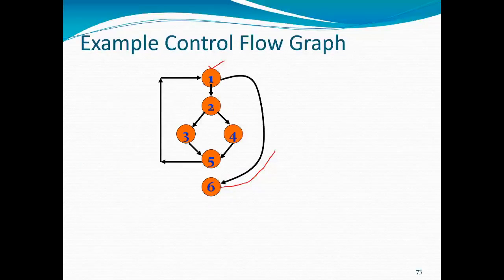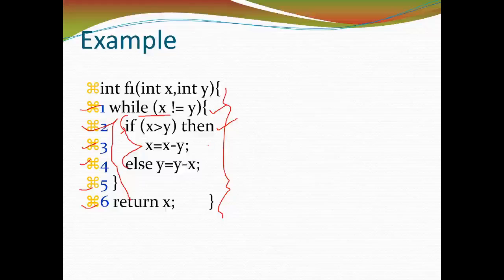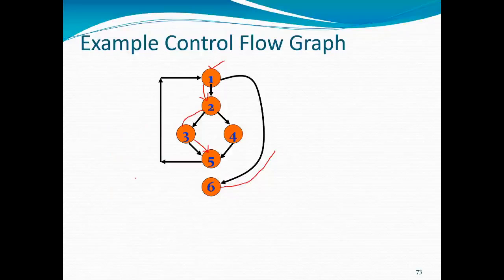So if the while condition is true, it enters into the conditional statement, and if the conditional statement is true, it is going to execute statement 3, and termination we need to show. You can see here the termination we have shown, statement 5, we have taken as a separate node here, termination. Okay, then from node 5, it again goes back to the while loop, and again it tests with a new